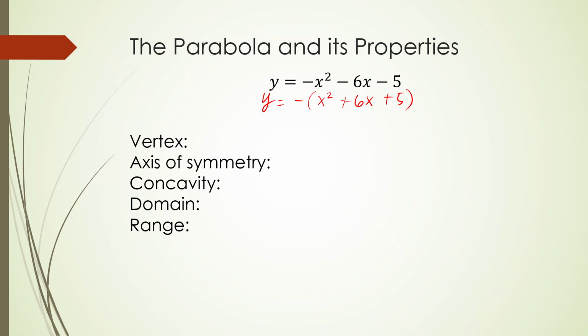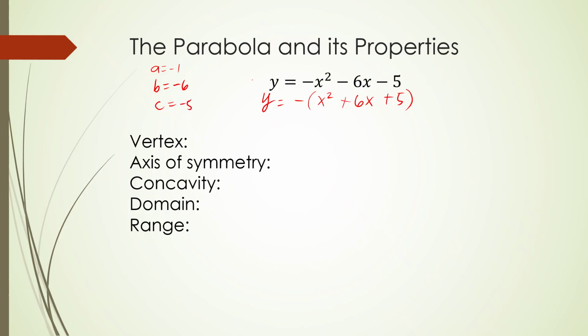So here is the new quadratic equation form. But remember, you have to use again the original for some of the properties. On this new quadratic equation, we will use it on the other property. To find out first the vertex, you have to use first the original given. So the value of a here is -1, the value of b is -6, and the value of c is -5.